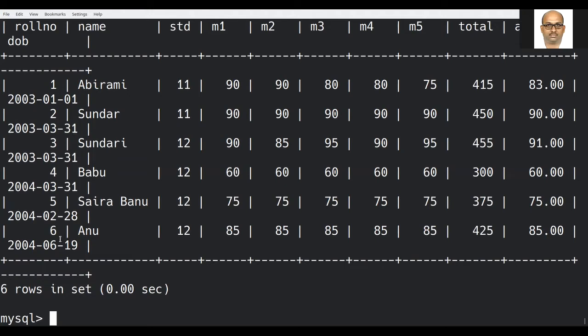I want the average percentage of both the classes put together. So how can I achieve it? Now, select AVG is the aggregate function average. Which column? Average is the column, from which table? Student.